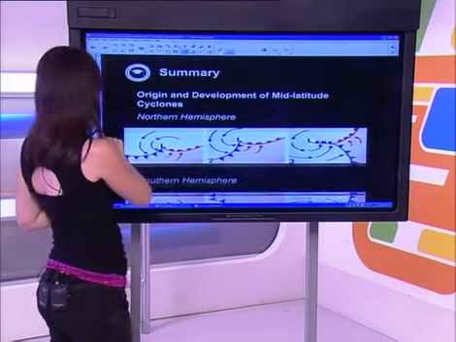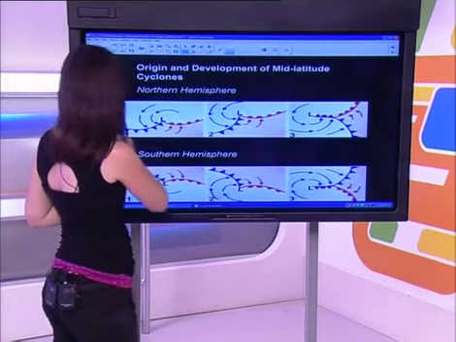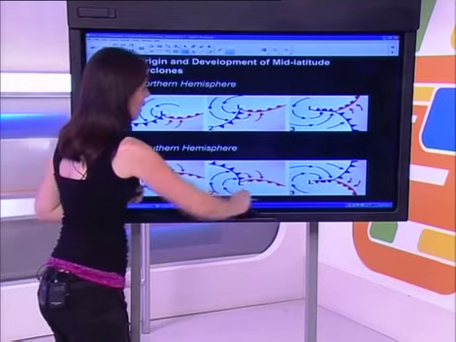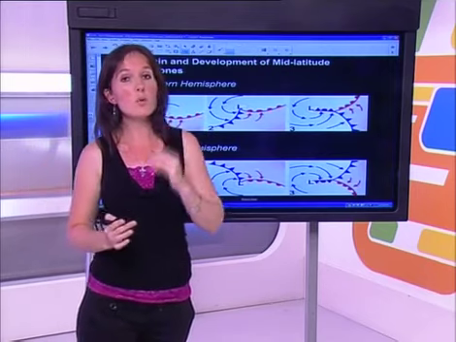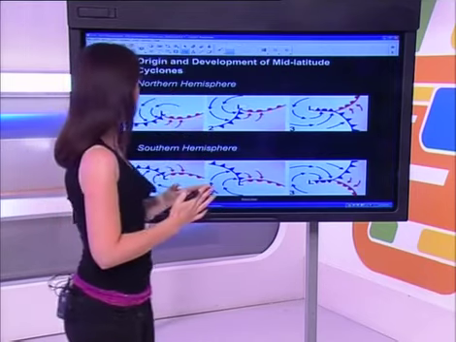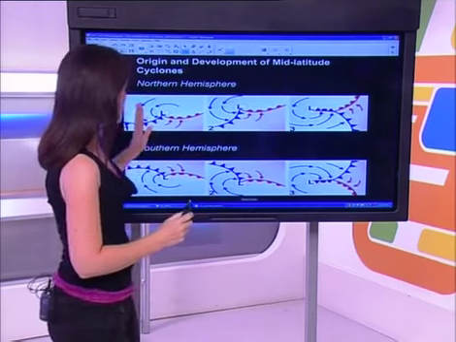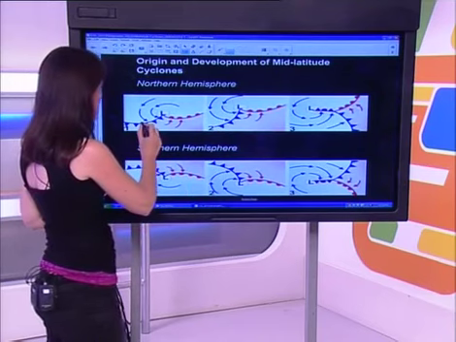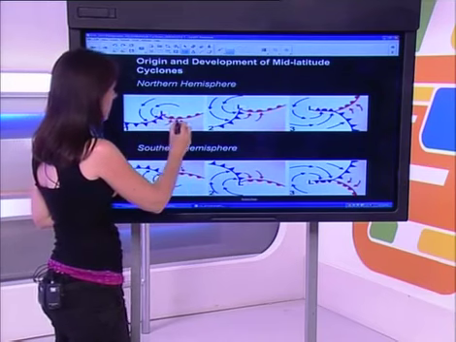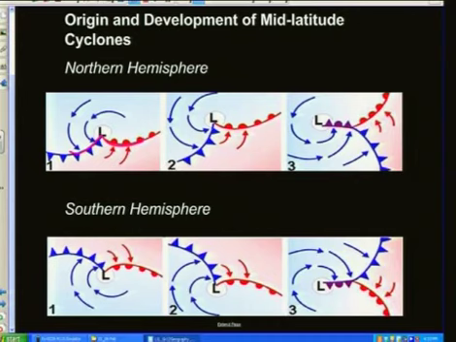All right. This first page here, I've tried to show you what the stages will look like in both the northern as well as the southern hemisphere. So in the northern hemisphere, there's stage 1, there's stage 2, and stage 3. Stage 1, notice here that it looks like the polar front is forming a wave. Same thing in the southern hemisphere. Remember, that wave is due to disturbances in a jet stream.